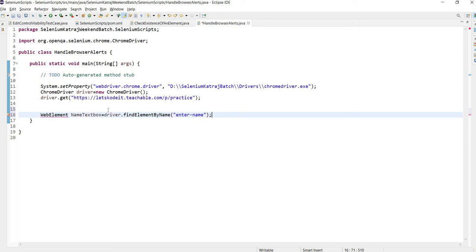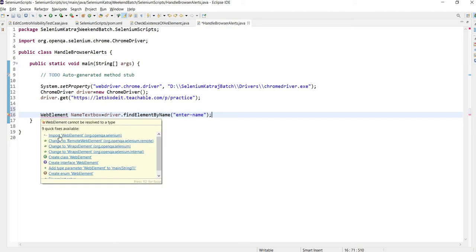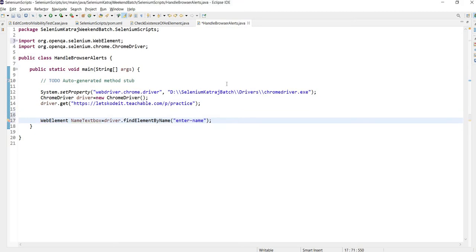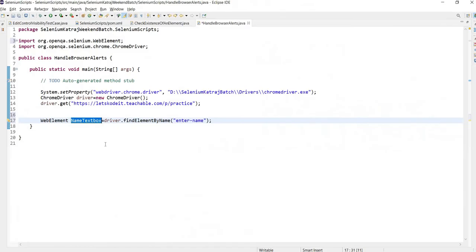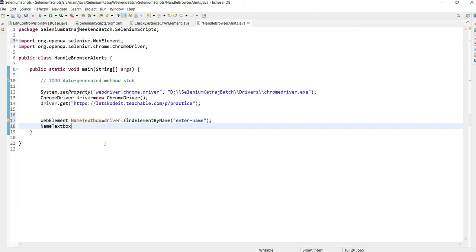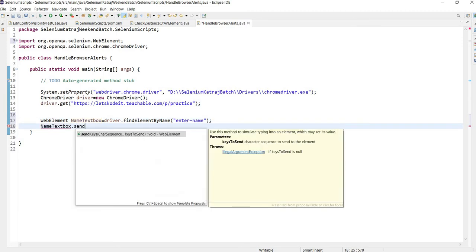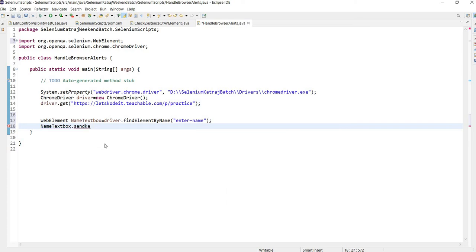Now let's import this WebElement. So what are we doing here? We are asking our driver to find an element having this name set. It will find it, and its scripting reference will be returned to us. Whatever interaction APIs we call with the help of this variable will be performed on this edit control. So what interaction am I going to do? I am going to do typing, so dot sendKeys. This sendKeys is an API for typing. So I will type.